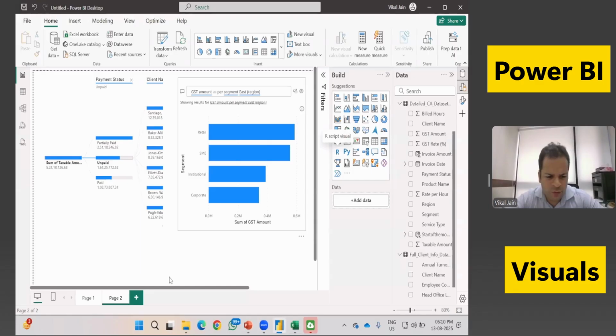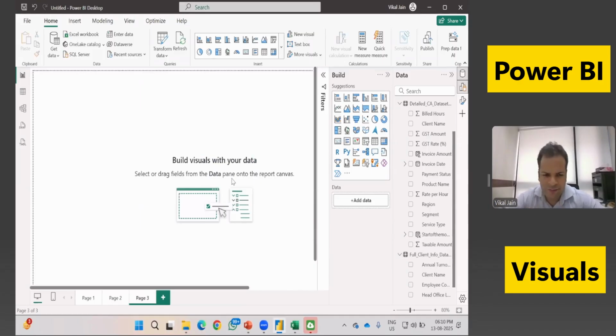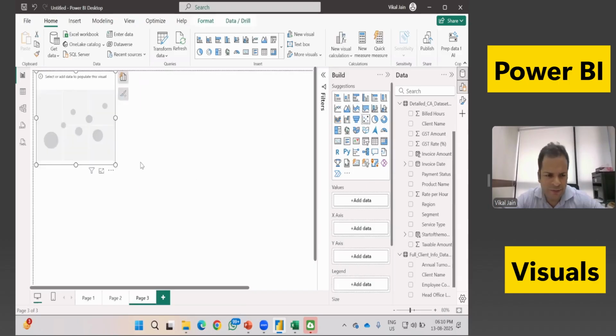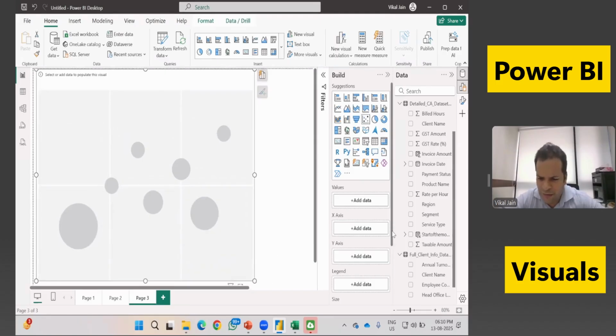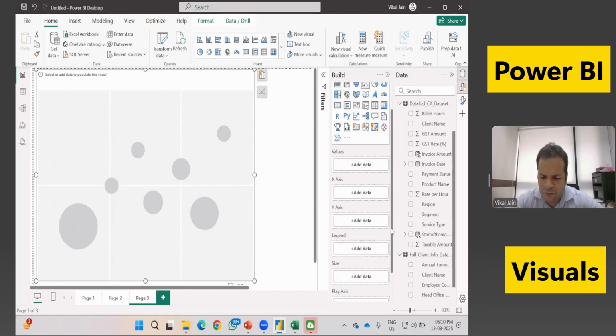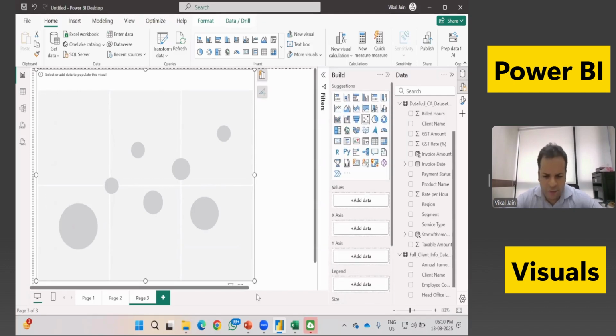So I'm going to insert the new page, and I'm going to cover my one more visual here, which is scatter plot. Here we have scatter plot, and I'm going to insert this. Now, why I'm going to cover this scatter plot? If you will see, here we have lots of option. It means this option is again available in your Excel file, but the main difference is on that Excel file, we can only take two-way scatter plot, 2D scatter plot, but in Power BI, we can create 5D scatter plot,